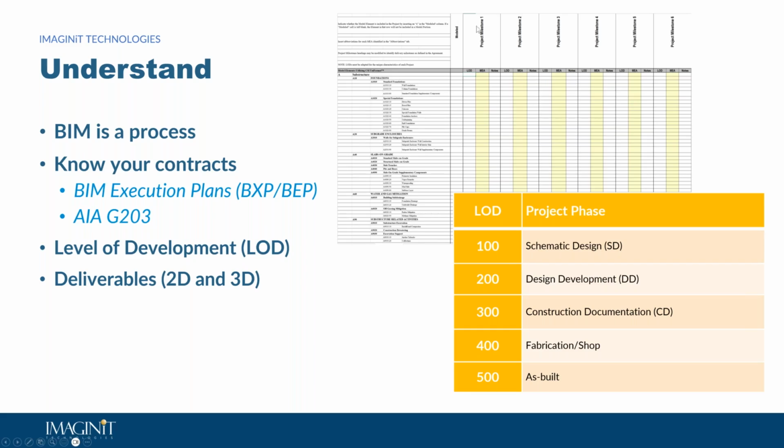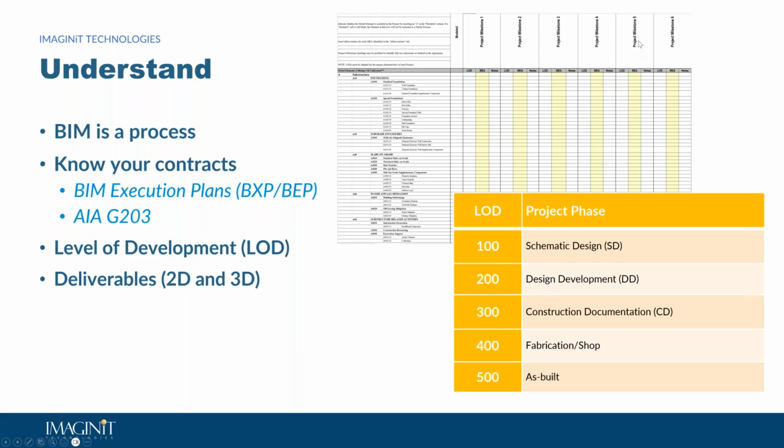If we look underneath the milestones here, you've got a column for LOD, which stands for level of development, and then MEA, which stands for model element author. That is the company that's responsible for modeling one of these different rows at a specific LOD at a specific milestone in the project. So if you understand that, the progression left to right, the project is early on to the left,